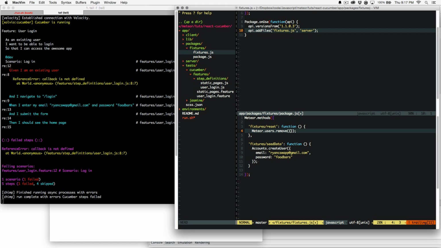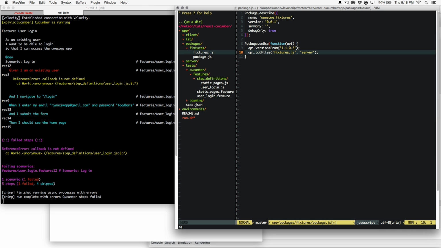You don't need to worry about that. Then we've got a seed data fixture function here, and this simply creates a user with that email and password that I put in the step or the feature for the user login. So now that we've got that in place, we should be good to